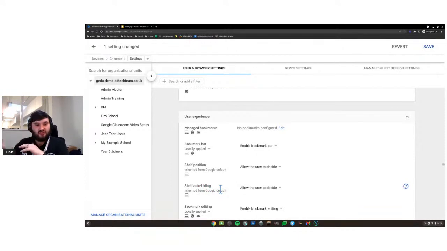If you allow the user to decide whether the shelf can auto hide or not, you might find students like it to hide. I understand why you'd want to hide it, because it gives you more screen real estate. You can see what you're looking at a bit better. Now, some filtering systems,